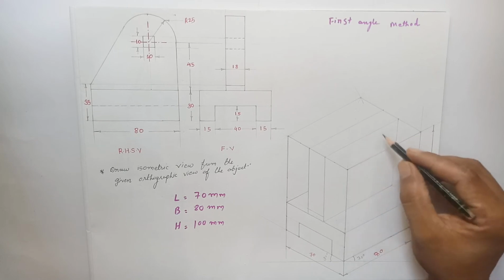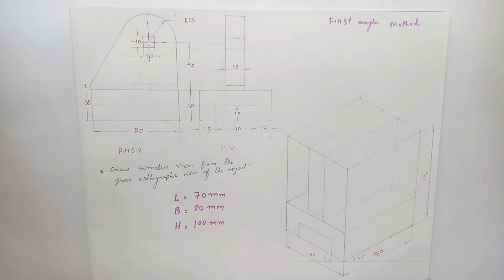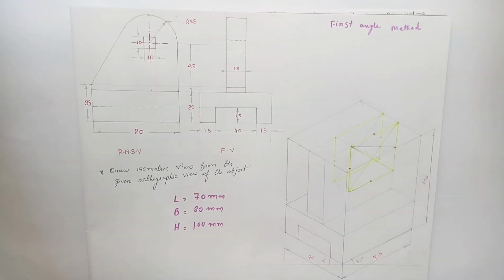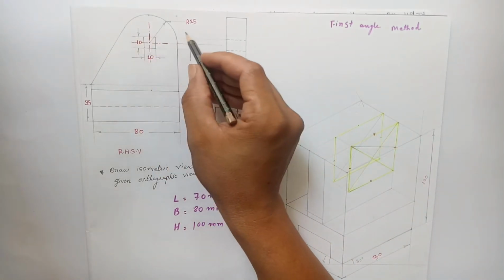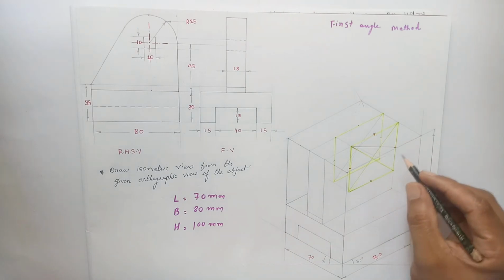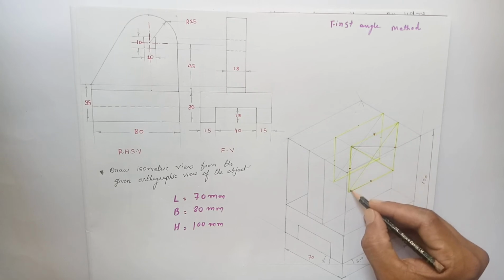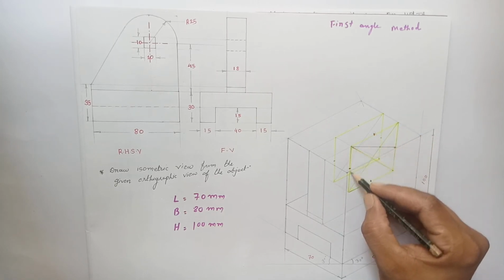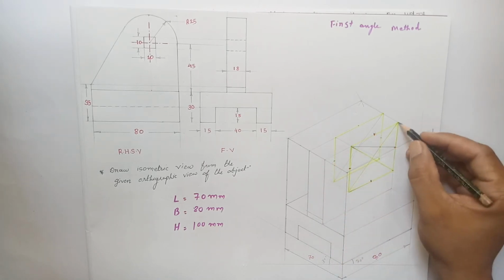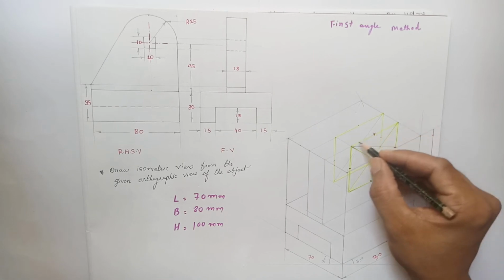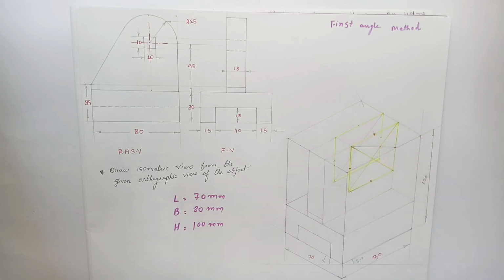So over here we have to draw circles, and the radius of the circle is 25 mm. Okay, so we have to draw two circular arcs having radius 25 mm. So first of all we have to draw a rhombus over here having side lengths 50 mm, 50 mm, 50 mm, 50 mm. On this particular surface we have to draw one rhombus of 50 by 50, and a second rhombus over here 50 by 50.